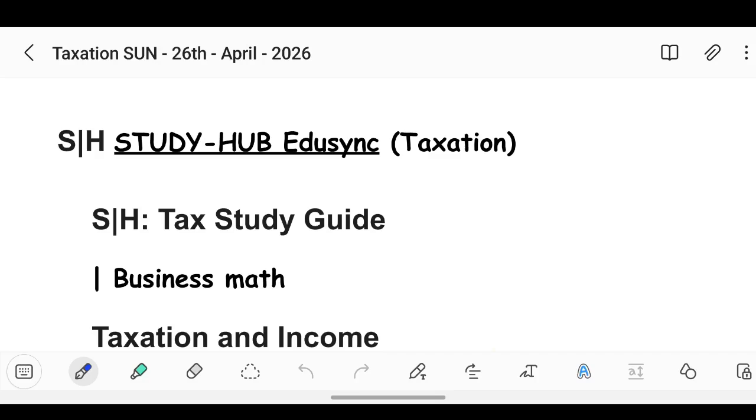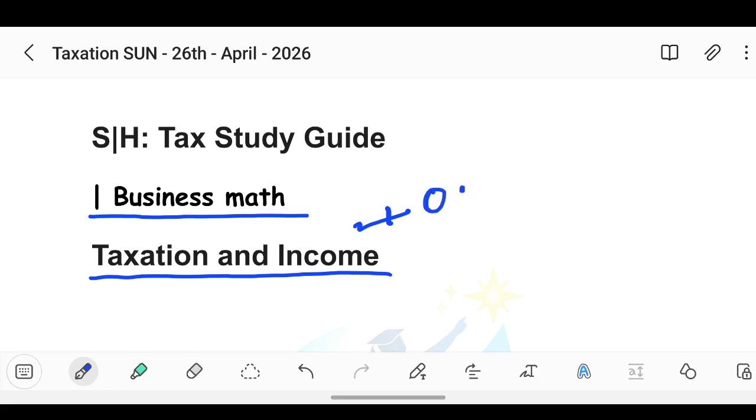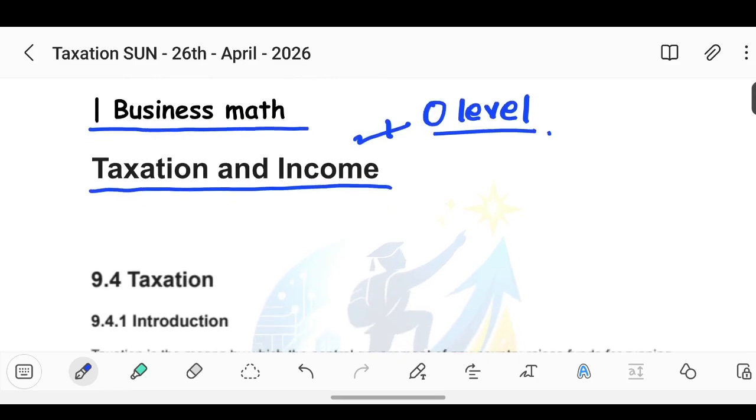Okay, our lesson has started and we shall be looking through taxation and income. This is a subset of business mathematics in O level. So this is O level mathematics, and under this subtopic